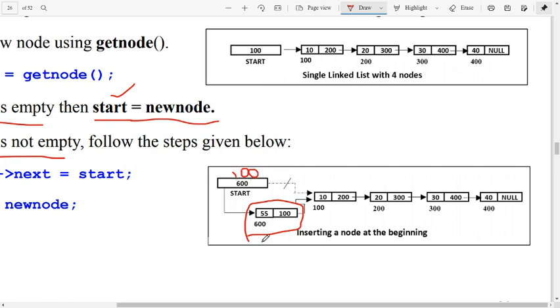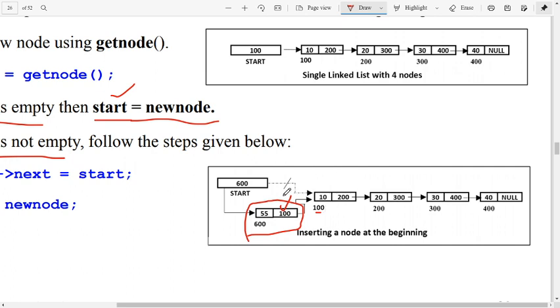When the new node is created, I will store the first node's base address in the new node's next field. So the base address here is 100, that is copied into the next field of the new node. In the new node's next field, I copy the address of the first node. That is the initial step.